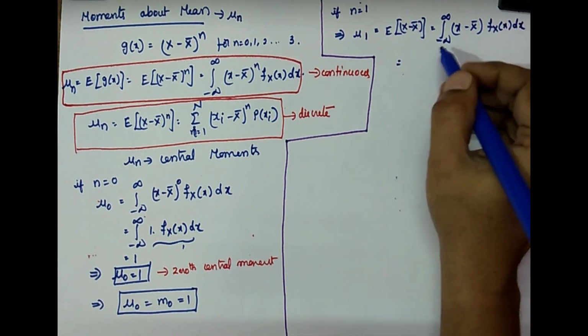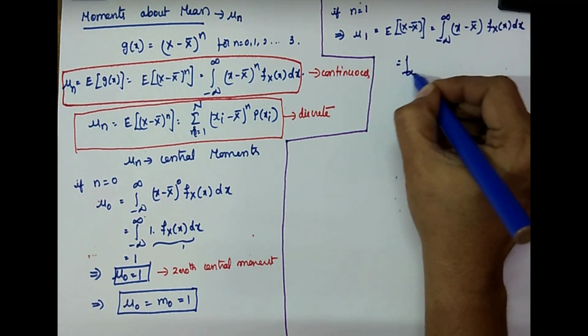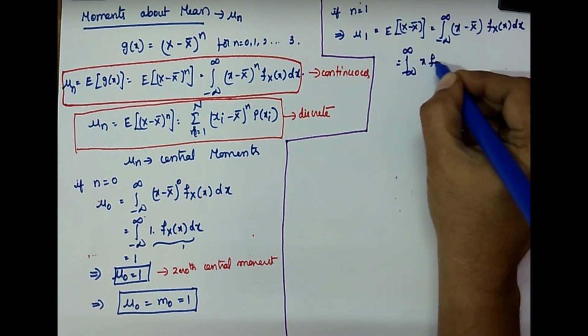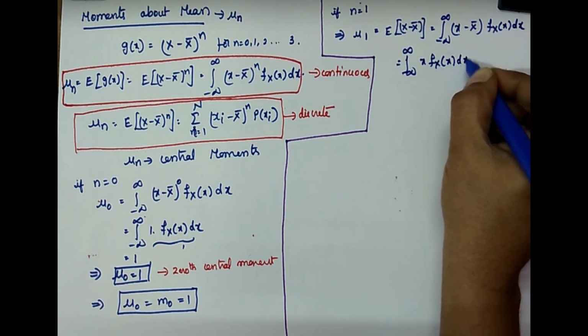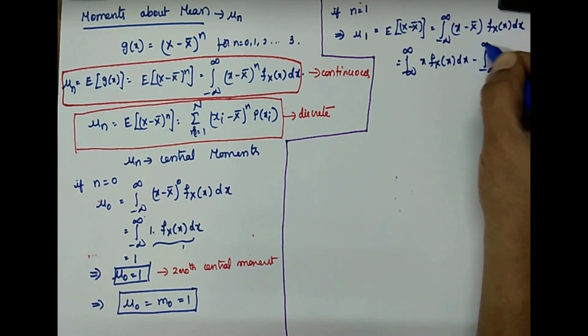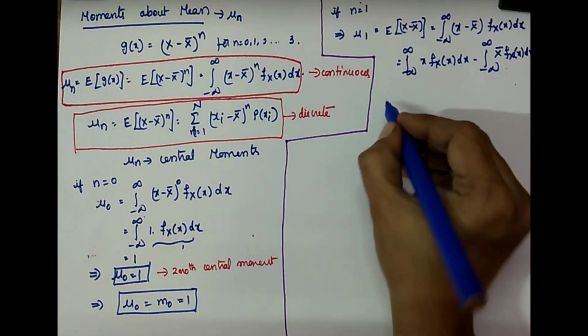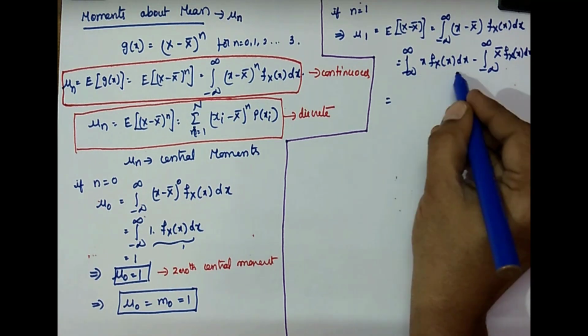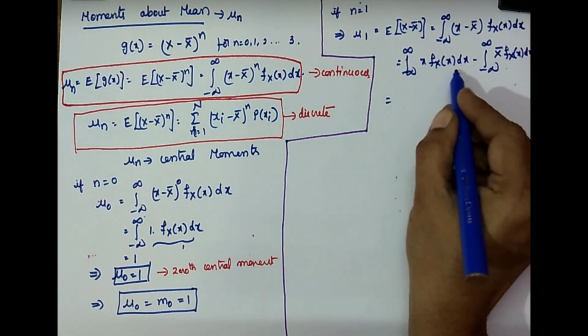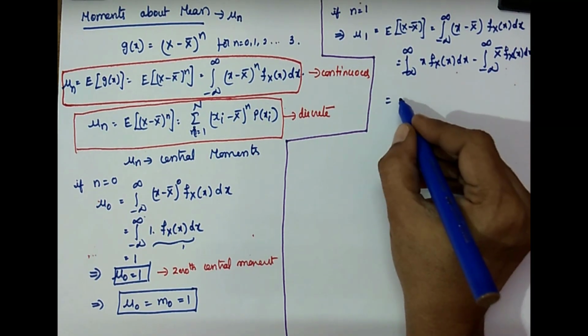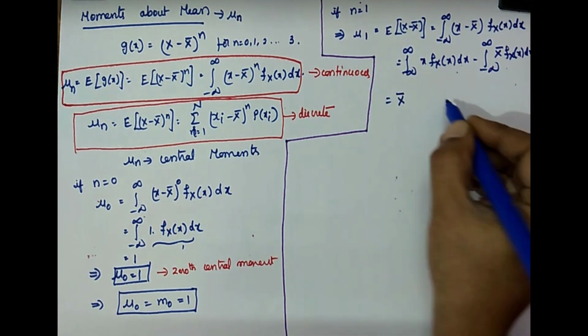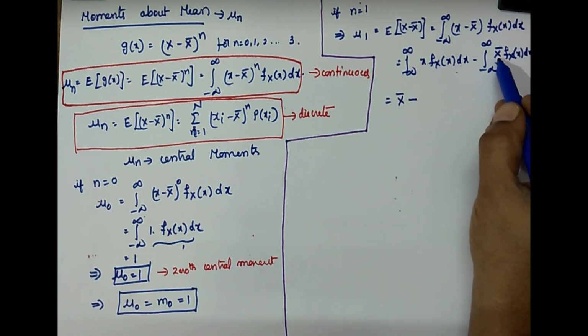Okay, simply you multiply: x into fX of x dx minus the integral from minus infinity to infinity of x bar into fX of x dx. So what is this? This is the formula of expectation of x, and that is represented by x bar, minus, you know, the x bar